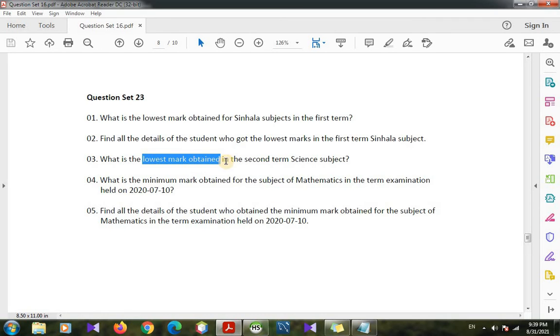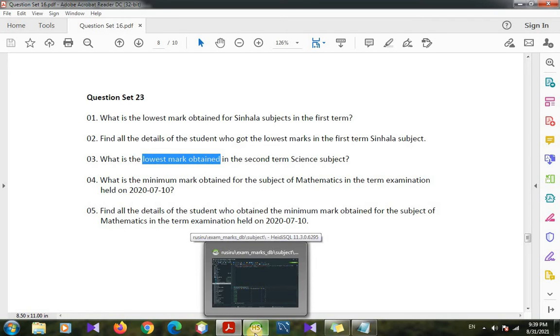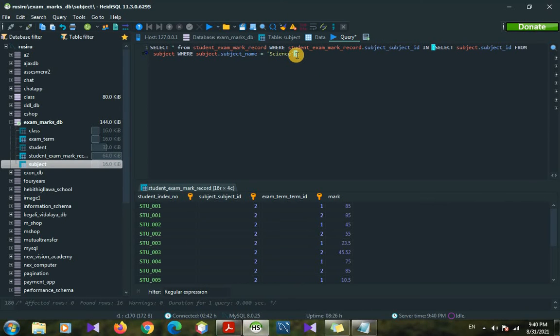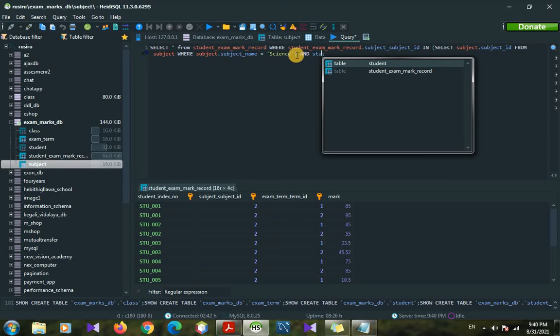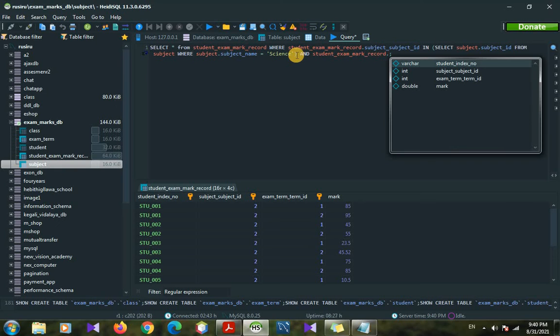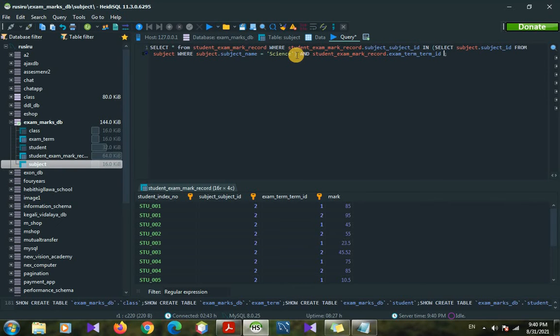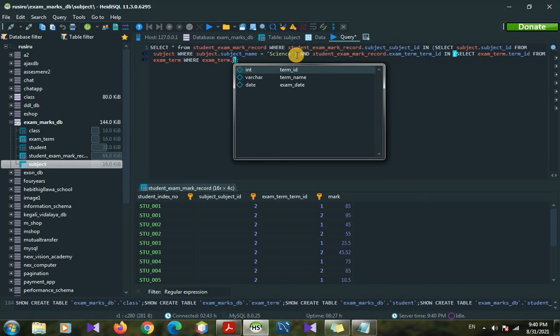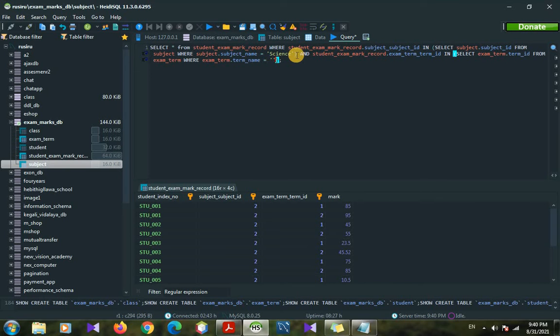Then it's giving the term as second term. So here we can go again and put an in keyword. Then we can give again student exam mark record table dot term ID in keyword inside two brackets select exam term table dot term ID from exam term table, where exam term table dot term name equal inside the quotations.